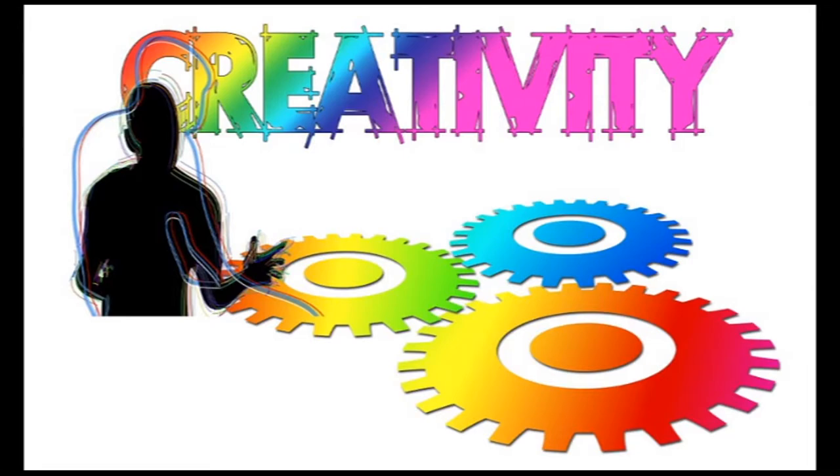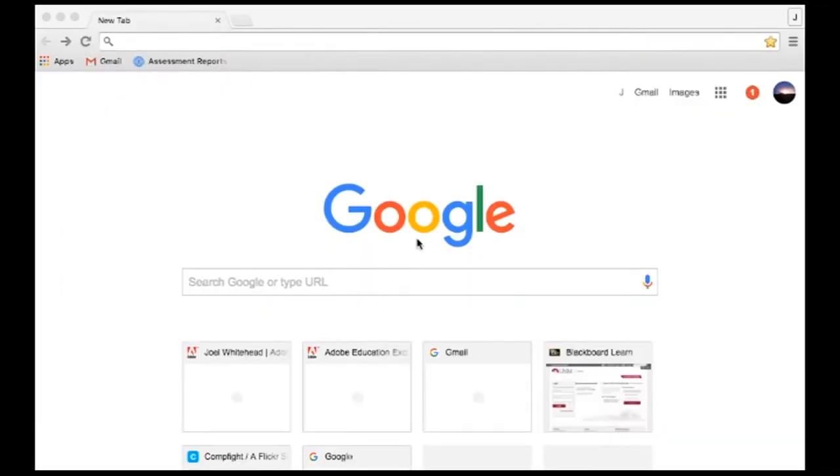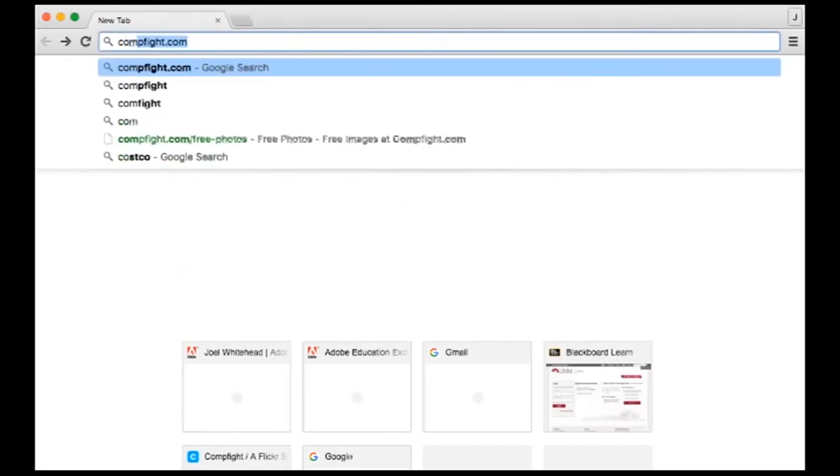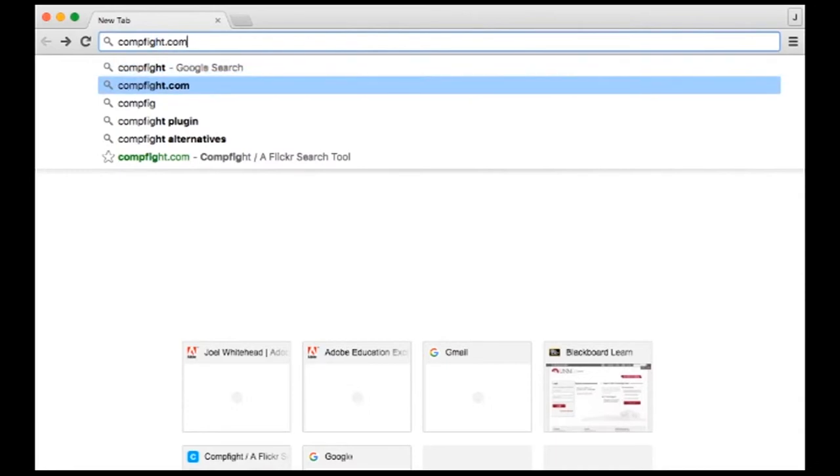Another location that you can find some Creative Commons images that are quality of high resolution and have the tag of Creative Commons, so you can modify them for your lesson plans. I'm going to go ahead and open up Google. Under Google, I'm going to type in compfight.com